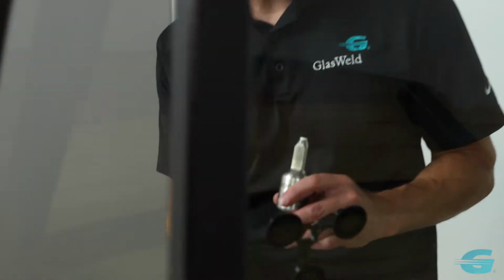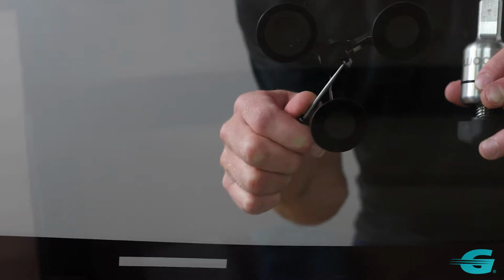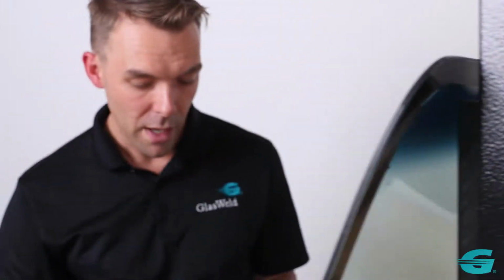So we're going to show you the repair we're going to work on here. We've got a nice combination break. We've got our tripod set up. We've got some legs running off it in multiple directions. As I flex it, you can see the repair. And now we didn't drill this repair. All we did is just clean the pit with a probe. And now we've put about 5 to 6 drops of our gray resin in here, and we're ready to start